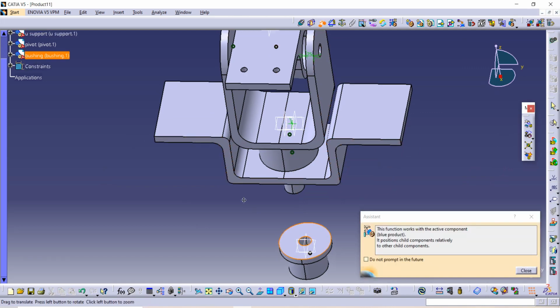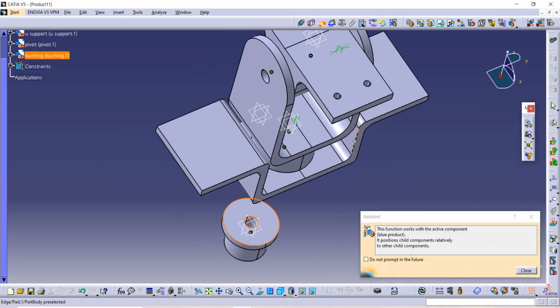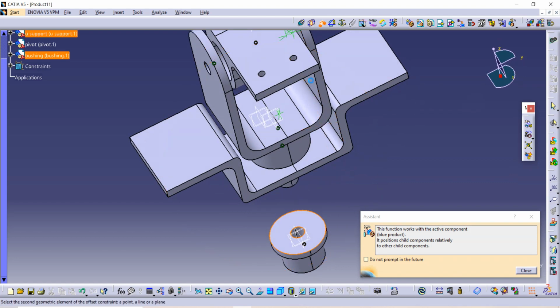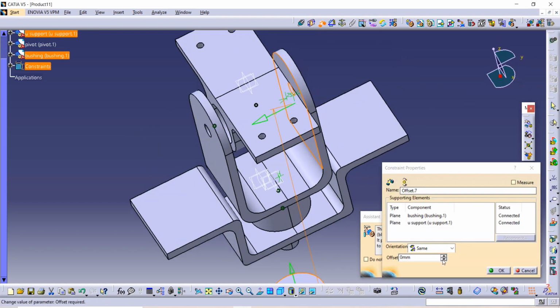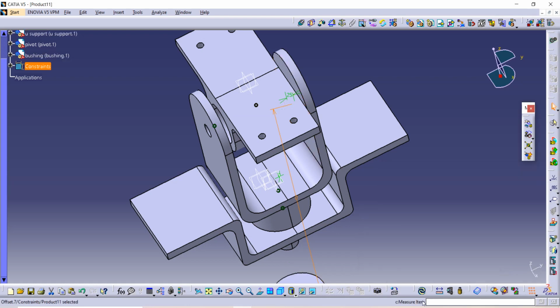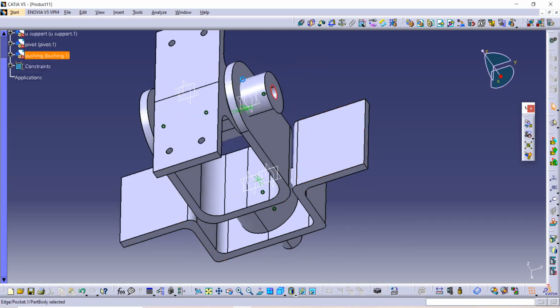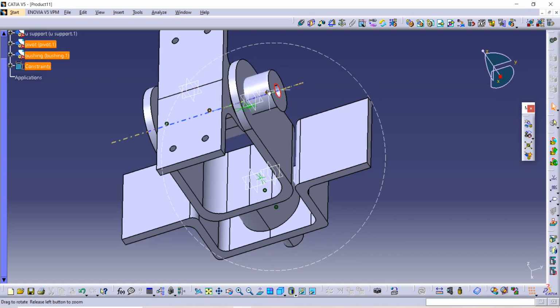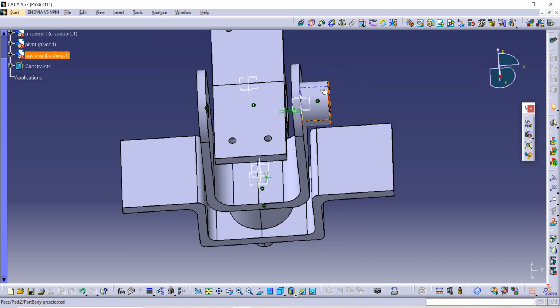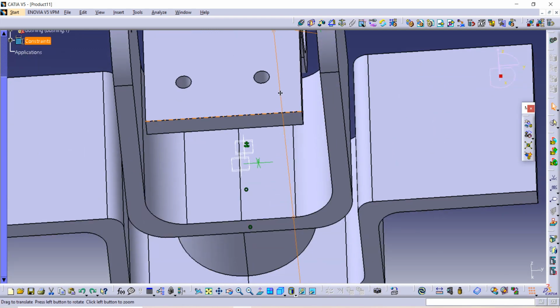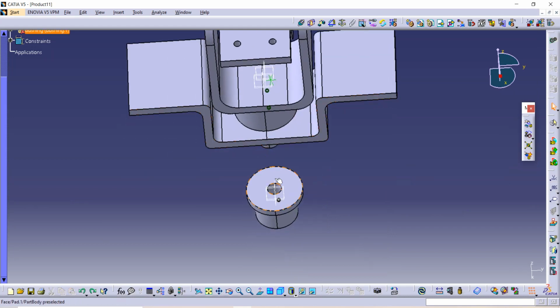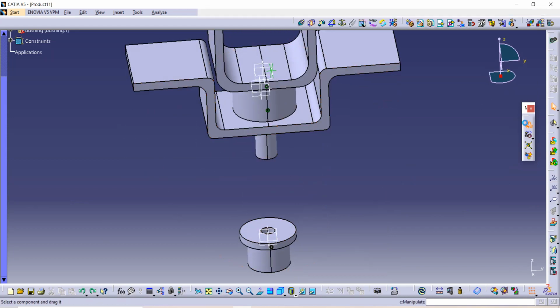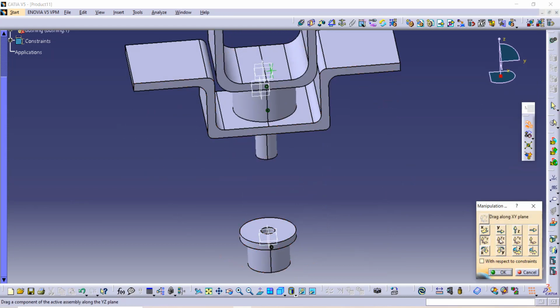Select this plane, surface, after that this surface and give dimension as 0 as given here and then OK. Then we have to rotate, we have to wait a second, I am taking it back. After that use this manipulation command to rotate it.